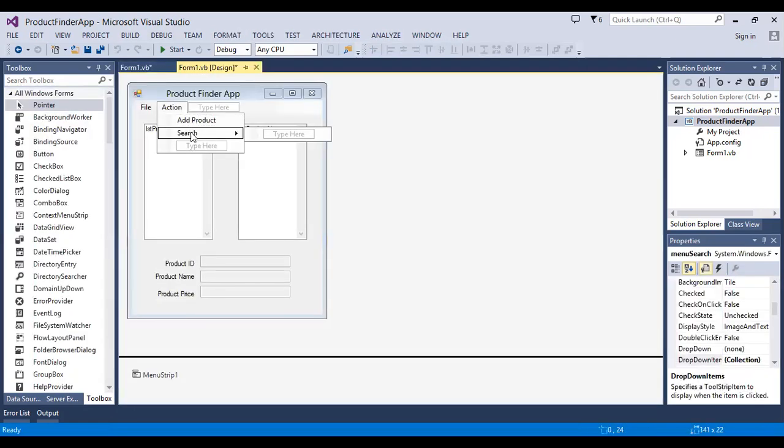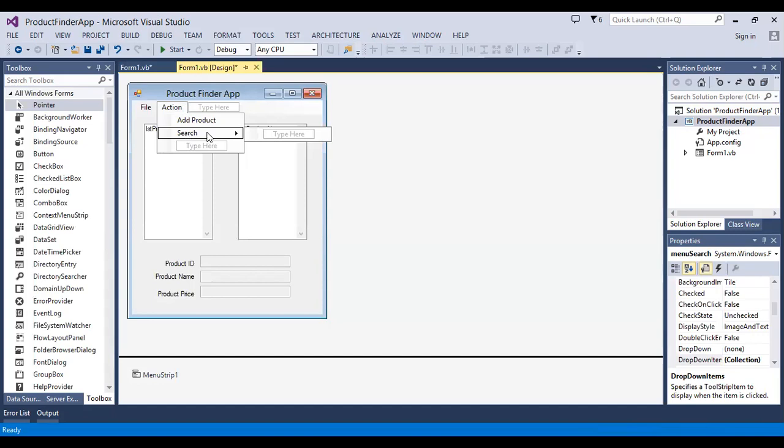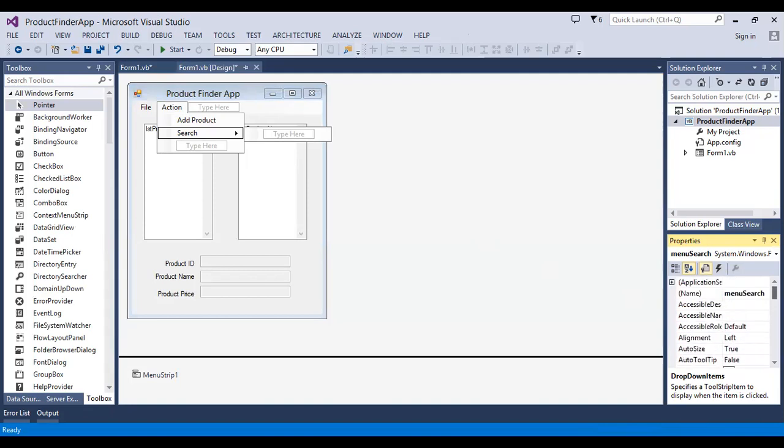And then let's go and create another one. So now we have our name reflecting here. So we'll have menu search underscore click, right? And the menu search is this one. So you could make any changes that you want. You could add images. You could do whatever you want with this